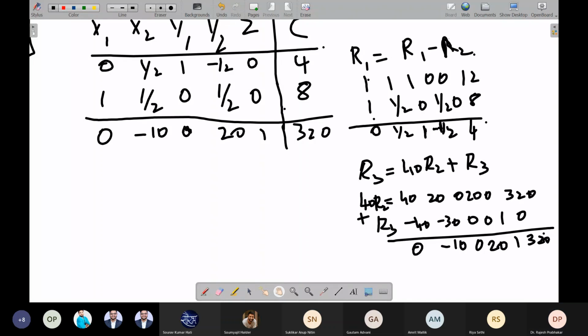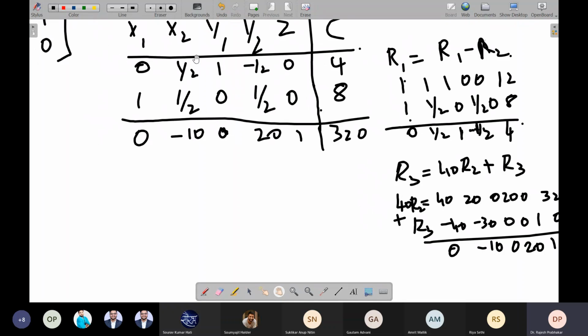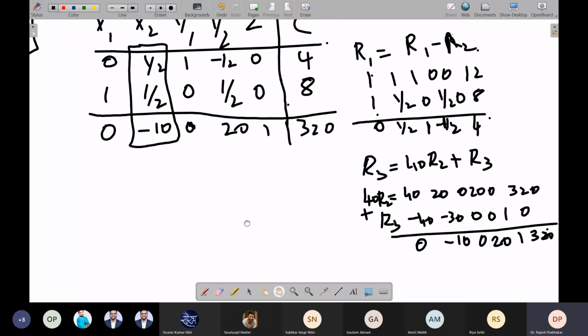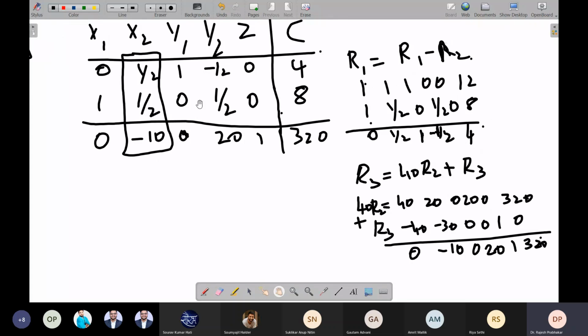Okay. Now, in this tableau, what is the most negative entry? This. So this will become our pivot column. Now, 1 by 2 into 8 will be 4, right? No, 16.